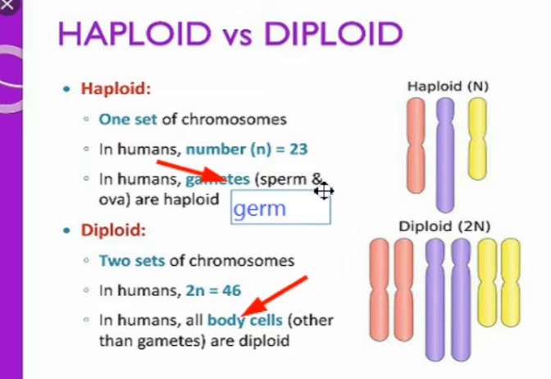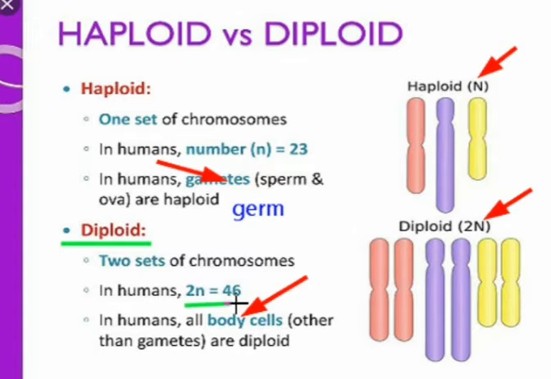Now the gametes are haploid. Actually, what is haploid? They say N. See here, N is haploid and diploid is 2N. The nuclear material in all the body cells is present in which form? In this diploid form. Why? Because in our body the number of chromosomes is 46. All the cells of the body are diploid, and we call them what? Somatic cells. So please write down, please copy this,